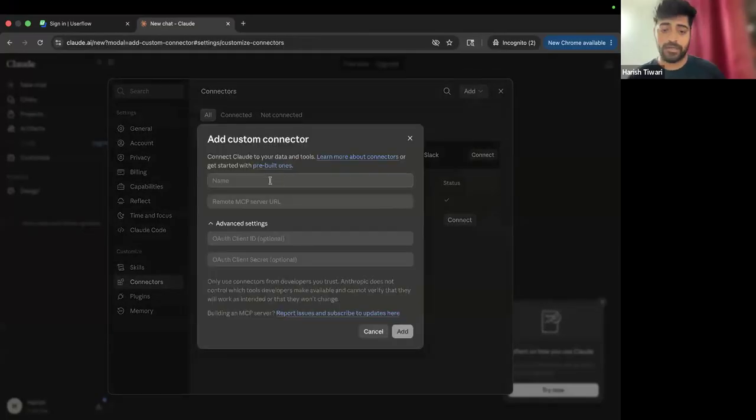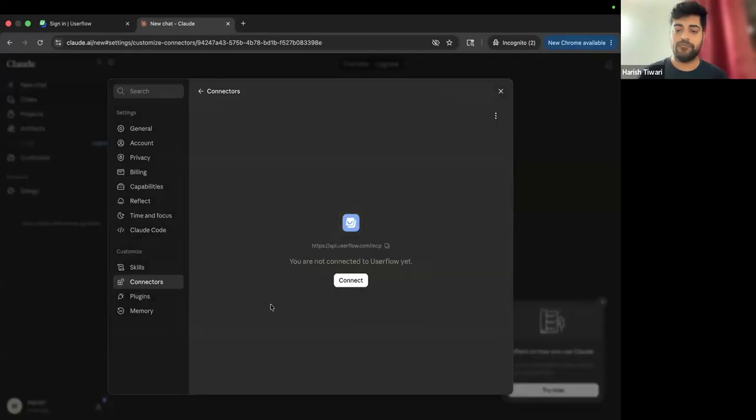We have it as a custom connector as of now, but very soon I think it will come up as a native connector on Claude. So that's also something that's coming up. But for now, we'll use this custom connector. We'll give it a name, and we'll give it a server URL. This is our Userflow MCP URL, api.userflow.com/MCP. You click on add, and then you'll reach a state where it'll ask you to